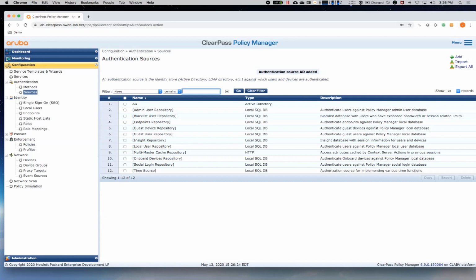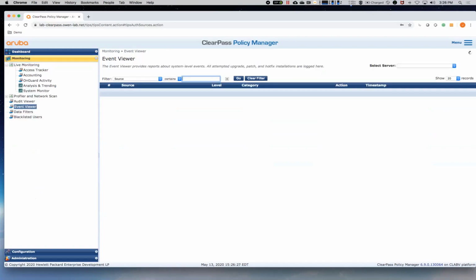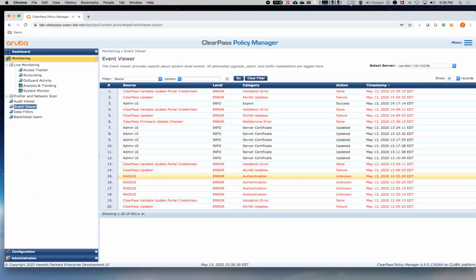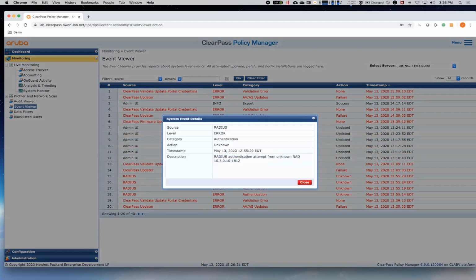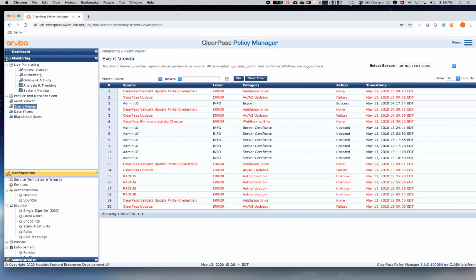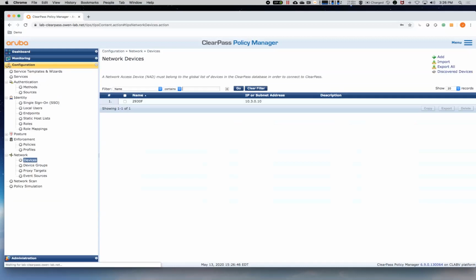If you don't have that, you'll oftentimes see events in your event viewer that look something like this right here, where it says RADIUS authentication attempt from an unknown NAD device. In this case, I had actually forgotten to put in 10.30.10, and it tried to do a RADIUS authentication, and it failed. So where we would go to configure that is we'd go under devices, and we would come